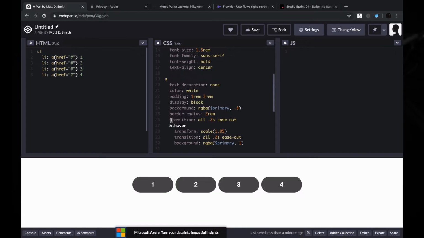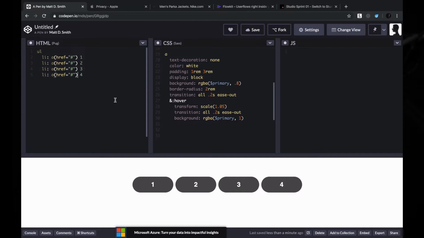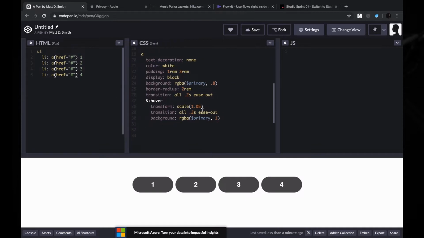All right, so first of all, this is such a simple example. I've got an unordered list here in a CodePen, and I just numbered them 1, 2, 3, 4, and I added a little bit of a scale on hover and a little bit of a background change. And something simple like this just gets a nice interactive feel to it. And all I'm doing is I'm increasing the scale by 1.05, and then I'm increasing the opacity from 0.8 to